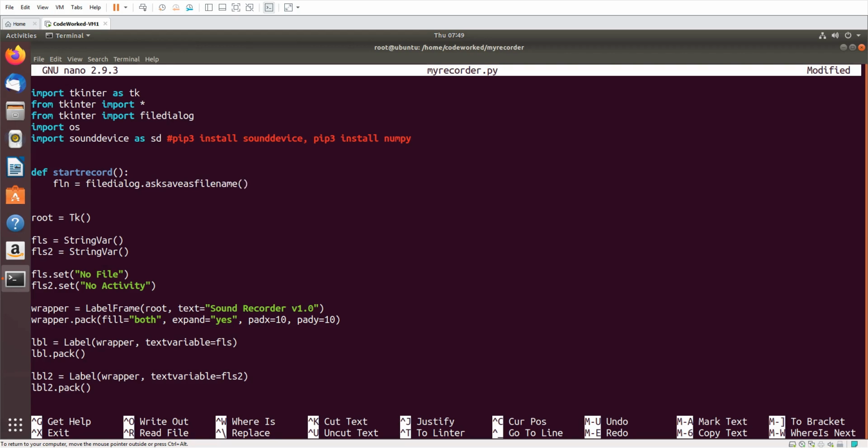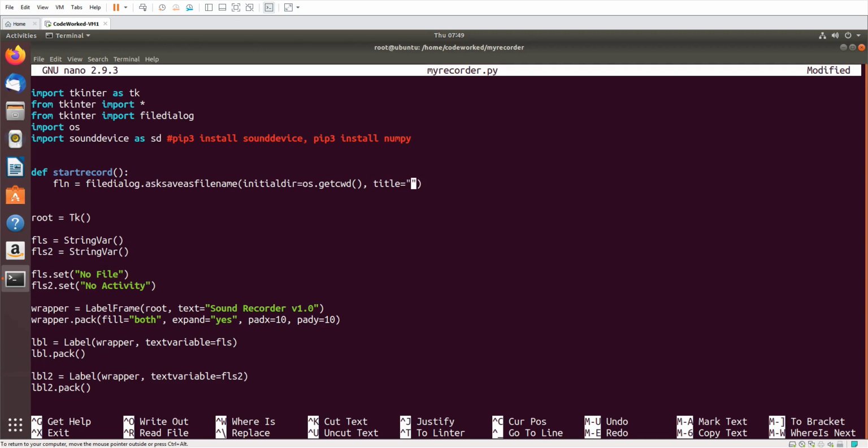Okay, and here initialdir os.getcwd(). Why am I using initialdir and cwd? You can watch my previous video about the music player, so all these things will be clearer to you. Well, in short, I set initialdir so it will point to my application directory, in which I am running the software.